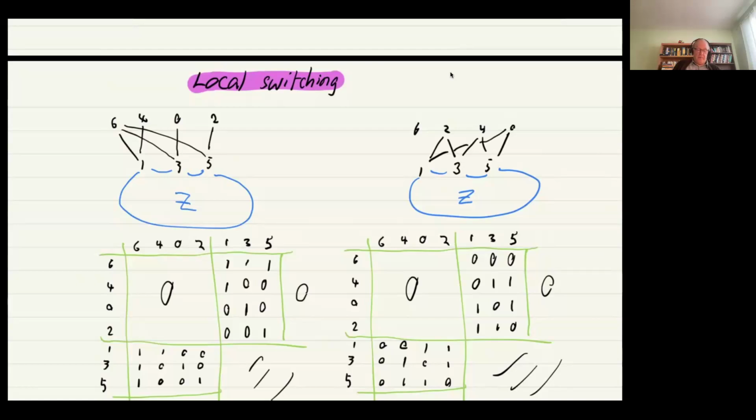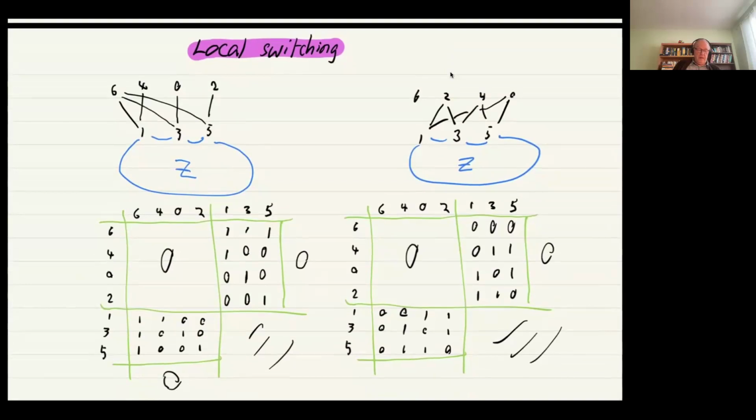Now, the thing to notice is, well, 6 is adjacent to everything here, but nothing over here. 4 is adjacent to exactly one thing. I got that right? Yeah. One of these 3 vertices, and over here it's adjacent to the other 2. So what I'm really saying is, if you sort of take the complement, well,